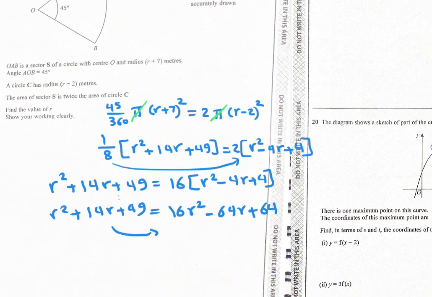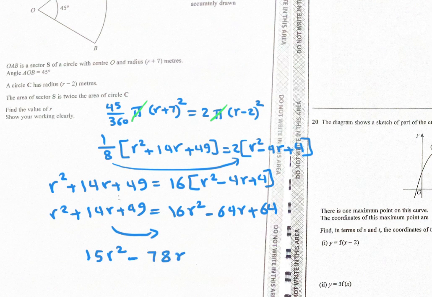Now transpose R squared and 14R and 49 to the other side by negative. So you are left with 15R squared, because 16 minus 1, and negative 64 minus 14 equals negative